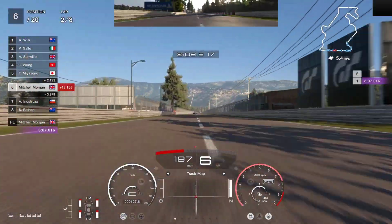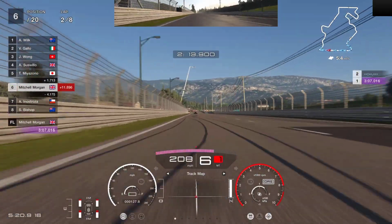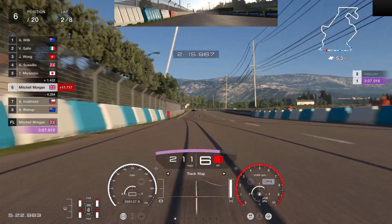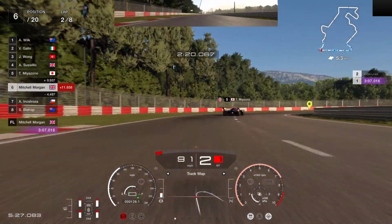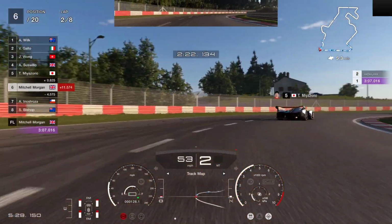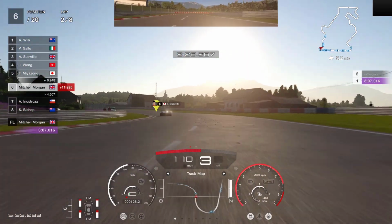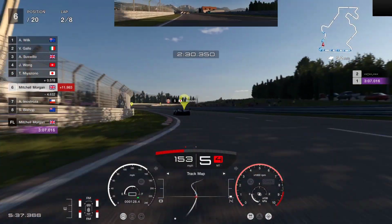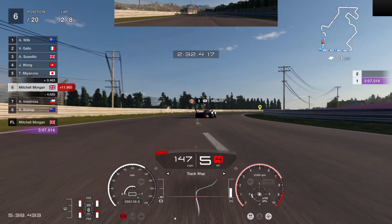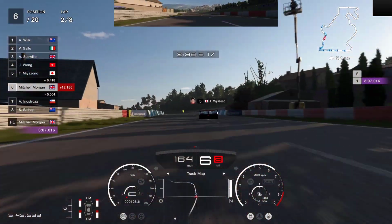We have got 8 laps total in this race. We're on lap 2 at the moment, so we've still got quite a fair old way to go. But at this point, I'm thinking that I really need to get to grips with not only the track but the car, and to try and carry more speed through these corners and close that gap to the leaders. Certainly looking at the mini map in the top right hand corner, that leader is definitely getting away from the pack,